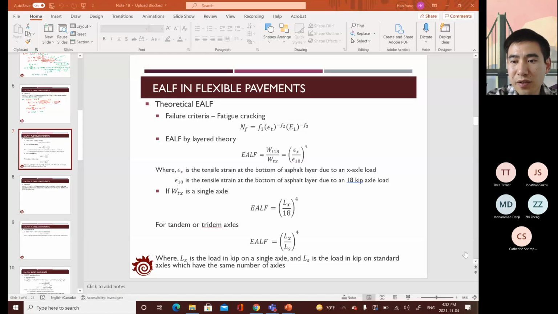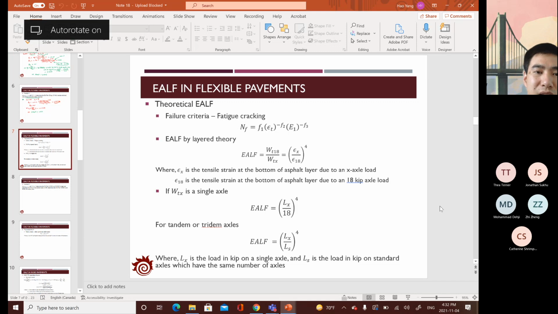So yesterday we explained the definition of the equivalent single axial load, ESAL. We also showed the calculation of one factor, called the equivalent axial load factor. This factor is very important for us to estimate the ESAL. With it, we can identify the traffic volumes applied to the pavement based on the fixed vehicle criterion. And the value of the